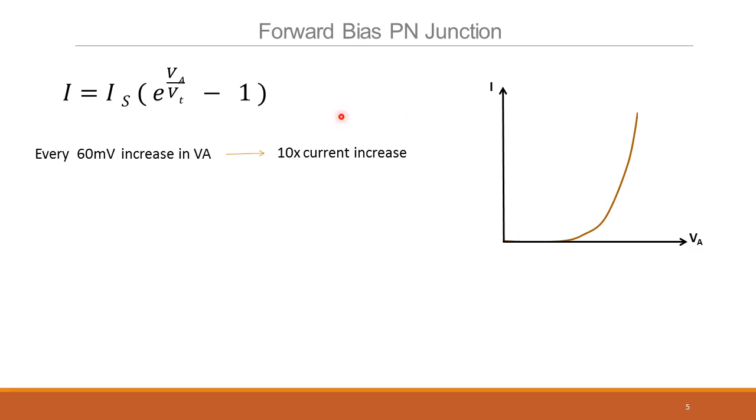You can just substitute at 300 Kelvin. Vt is about 26 millivolts. You'll see that it's just directly a function of this. Right? So for a 400 millivolts change, for example, it's about 7 decades, so you'll get 10 power 7 times increase in current. That's a huge current. Even if Is was a small quantity, you'll start getting a current in the milliamps, even if it's a few nanoamperes. You'll start getting currents in the milliamps even at 400 millivolts forward bias. It's a very sensitive function.